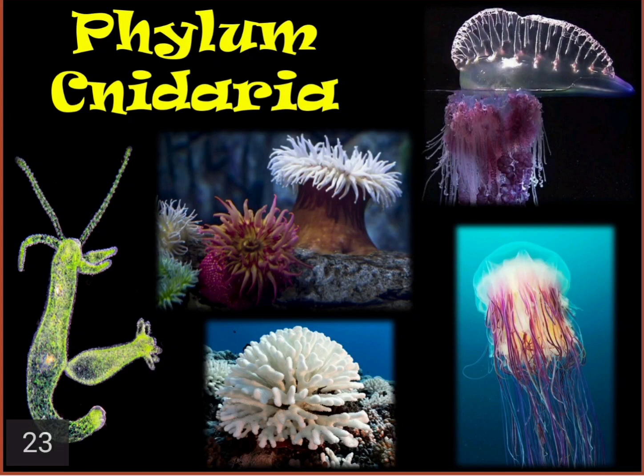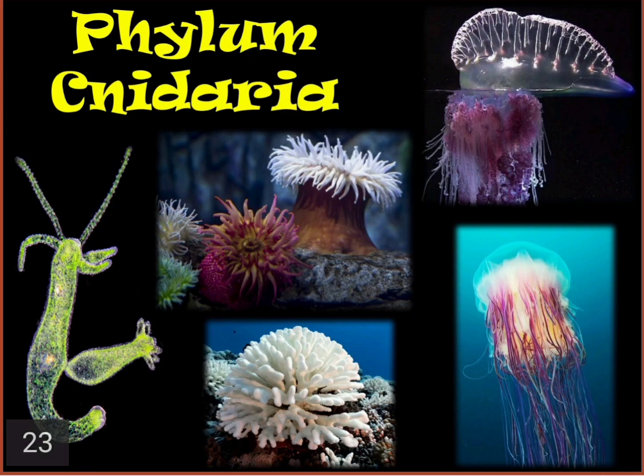It looks like an umbrella. If you have a look at the different pictures that I've put in over here of these animals, they are in the form of a cylinder, or you can say like an umbrella. Now, if the animals are cylindrical in shape, they are called polyps. And if the animals look like an umbrella, they are called medusa. So the animals which are present under Cnidaria can either be called polyps, which means a cylinder, or medusa, which means like an umbrella.